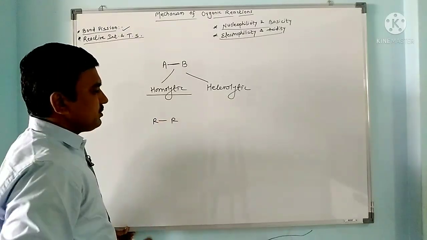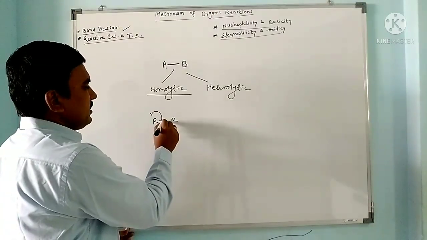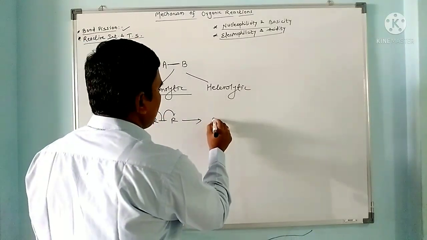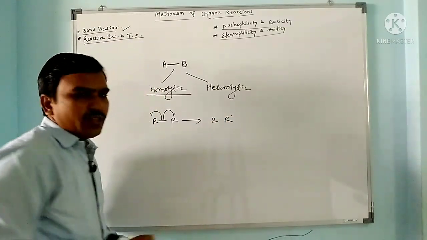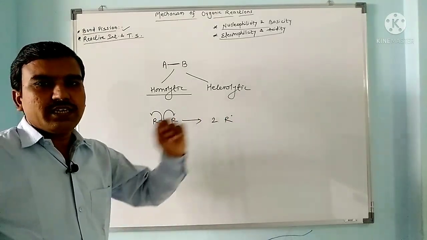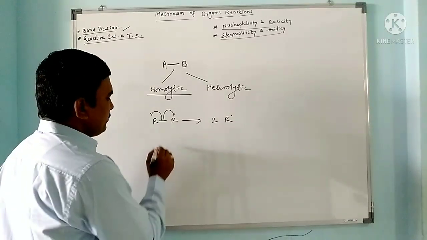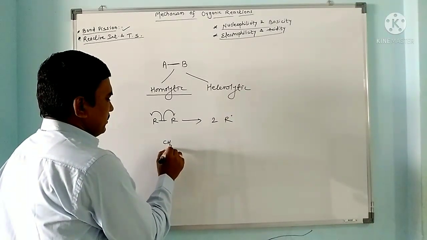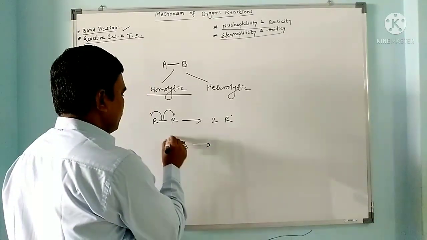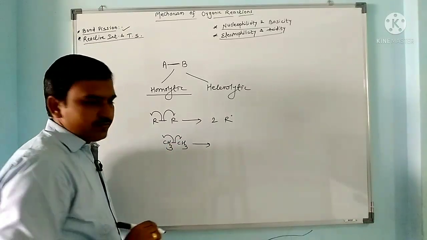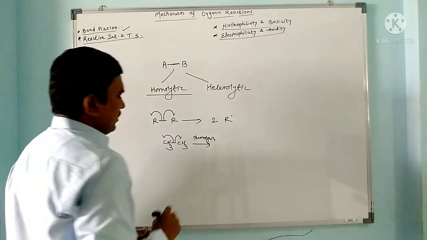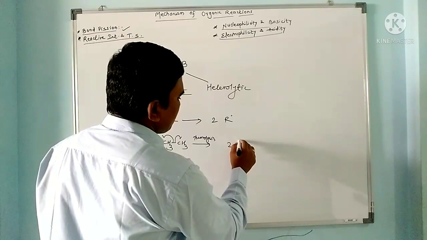So see here, if you see any example, suppose we have a molecule such as an alkane. So this is the R-R bond present between these. One electron of this bond goes to this R, the other electron of the bond goes to this atom. So here we get 2 free radicals. Due to homolytic bond fission, electrons go to both the bonded atoms, so free radicals are generated. If we see the example of CH3-CH3, ethane, when it undergoes thermolysis, we get 2 methyl radicals from this.